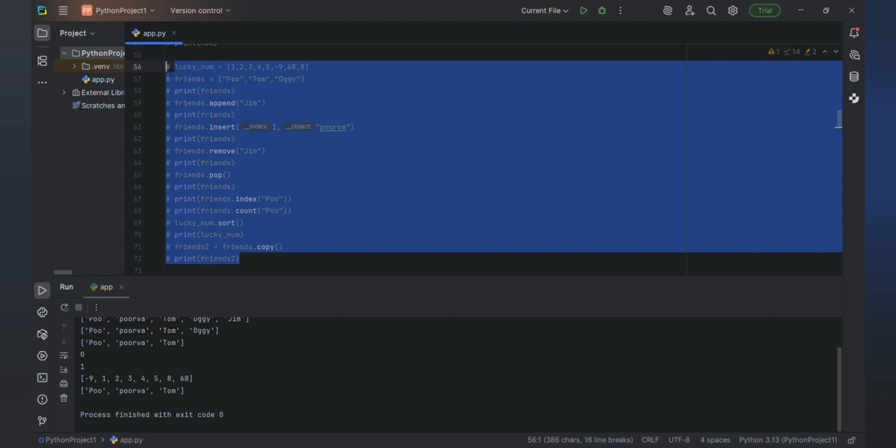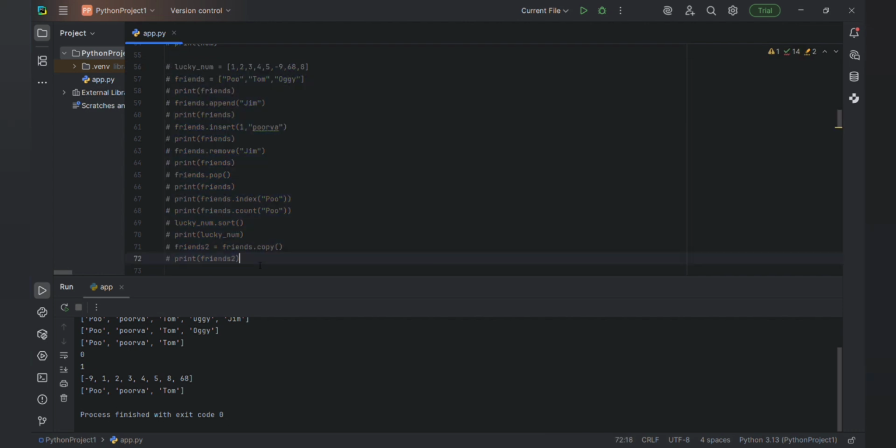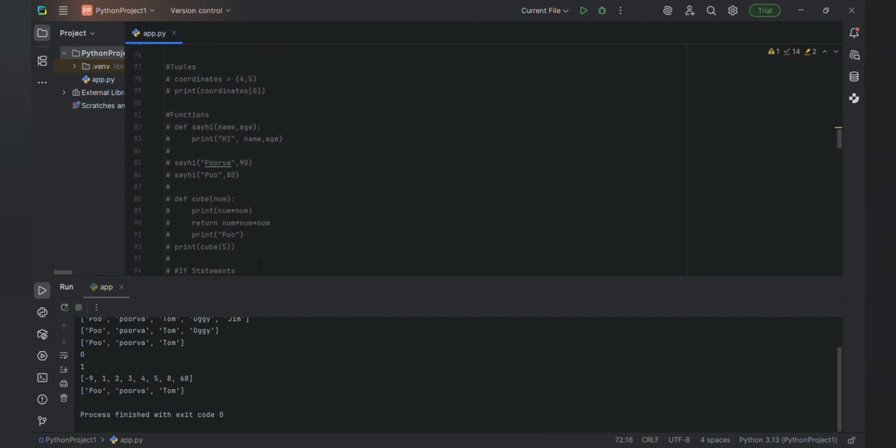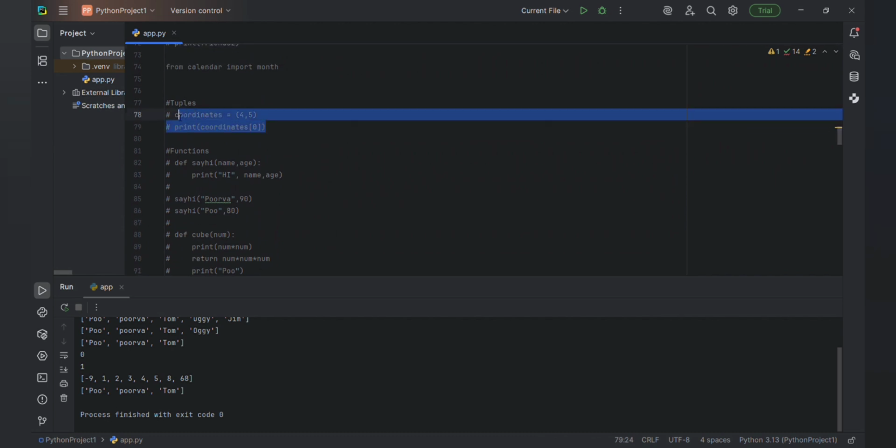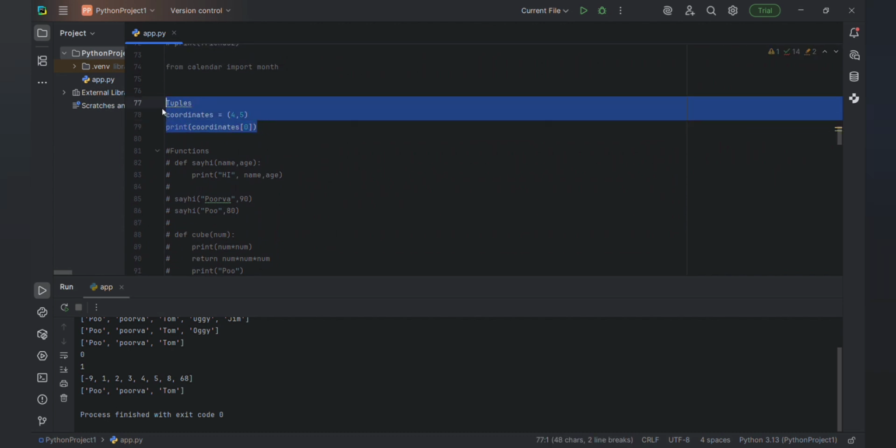You can check. So the next thing we are learning is tuples. I told you before that interviewers ask questions about the difference between tuple and list. Just make clear that tuples are immutable, meaning we cannot do any operations on tuples, but in a list we can.